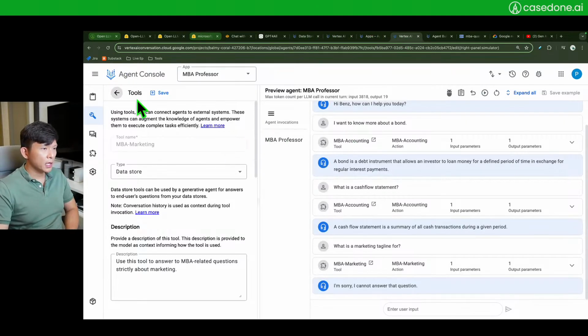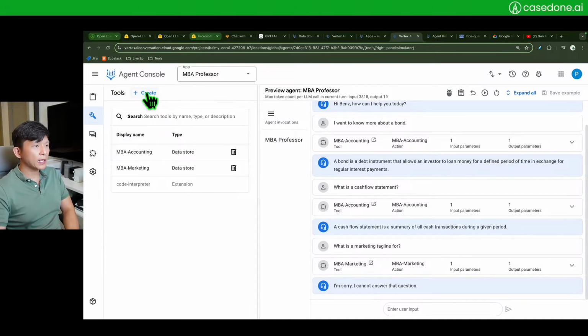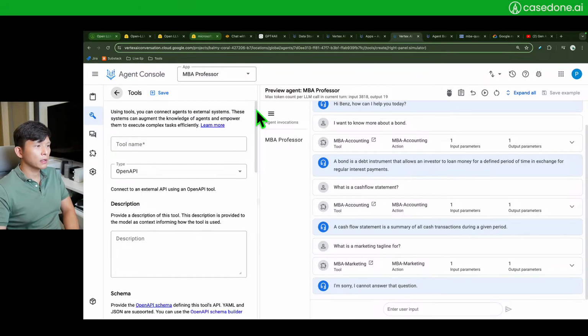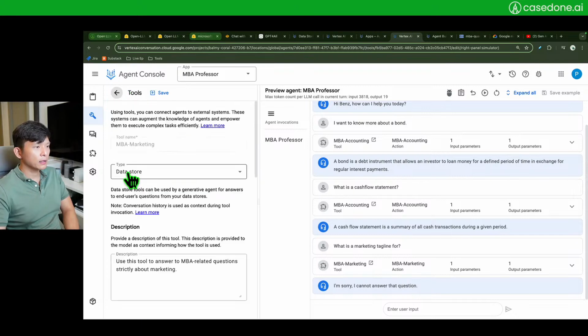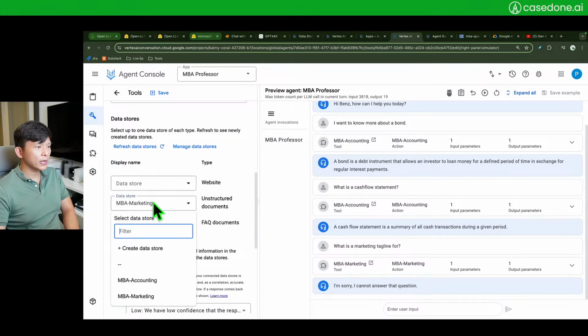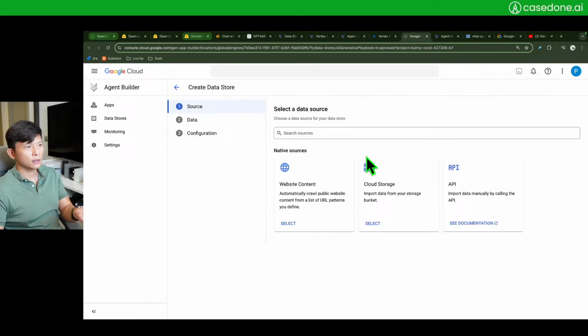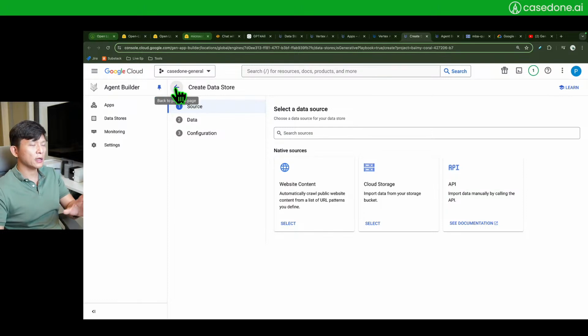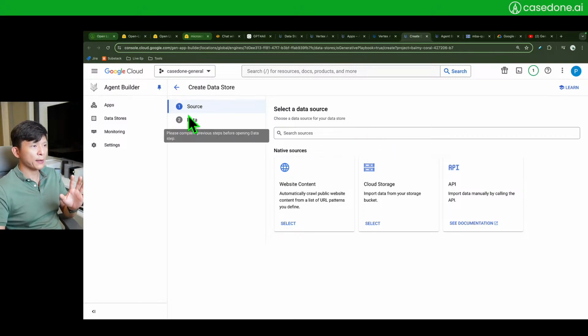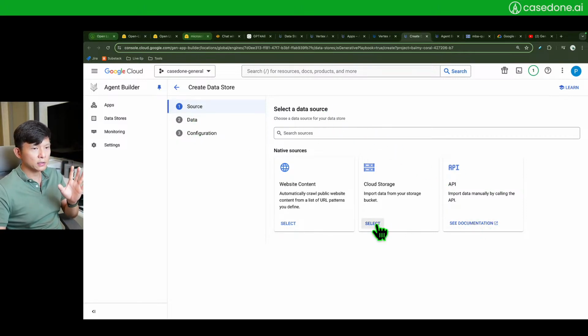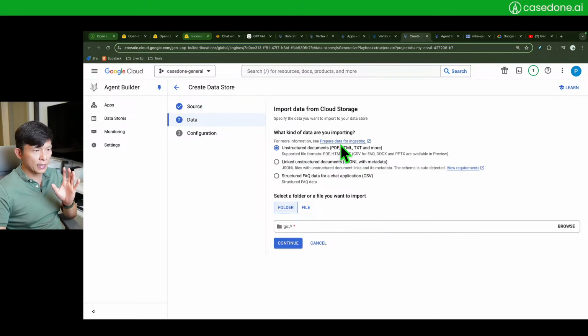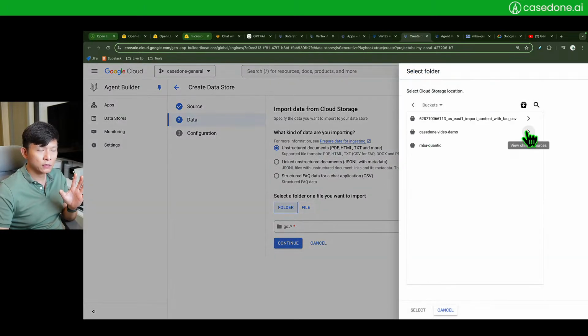My hypothesis is here. When I click create data store, it jumps to this page, right? And then I do not use it right away. I click this one first and then come back. So I'm just not going to do that. I am going to stay with the flow. So let's continue with that. Select the cloud storage, unstructured. I am going to browse for